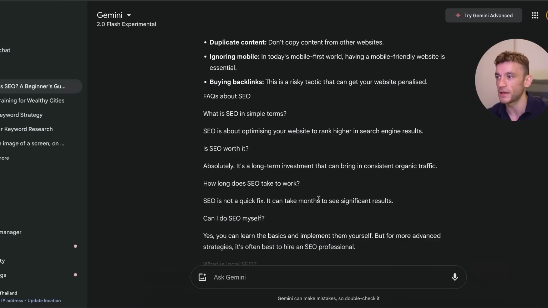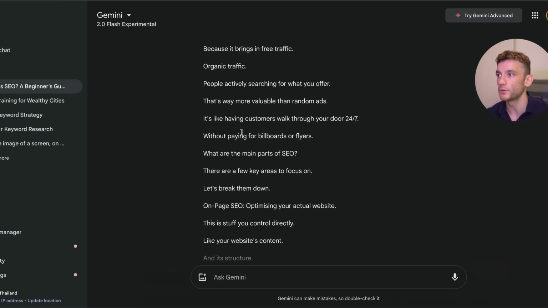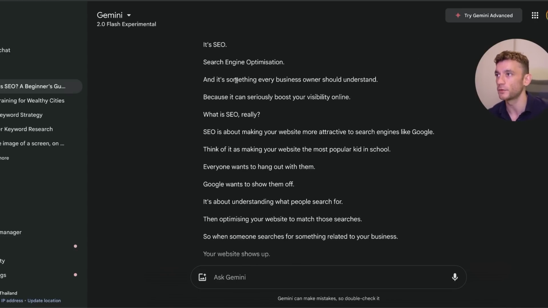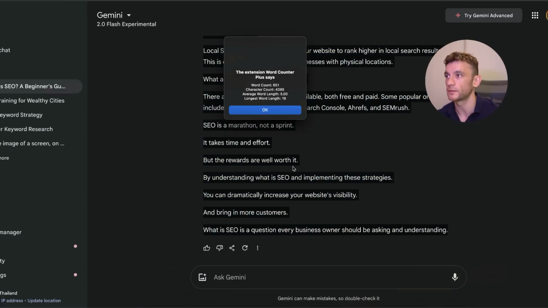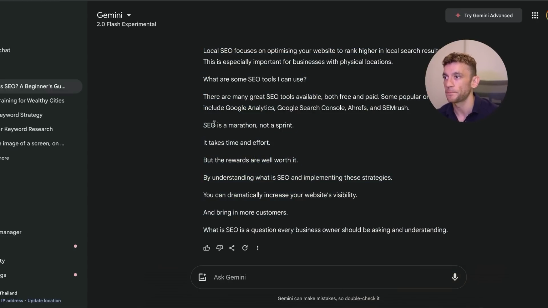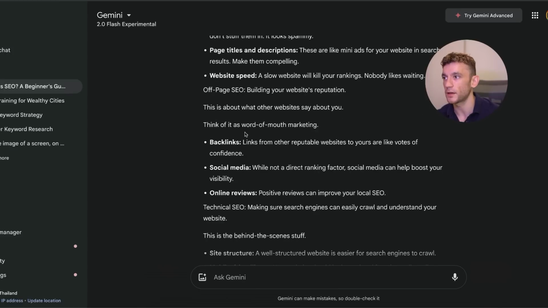Now, it's not really formatted into headings and that sort of thing. The article itself is pretty long when we generate that article. Let's see what we got here. So I'm just going to grab this text, see how long it is. So it is 650 words. The content itself is nicely written, nicely formatted,